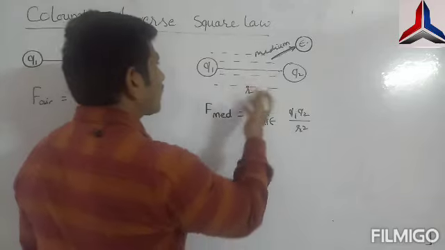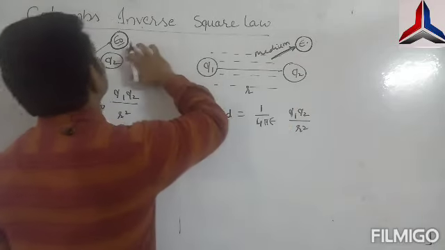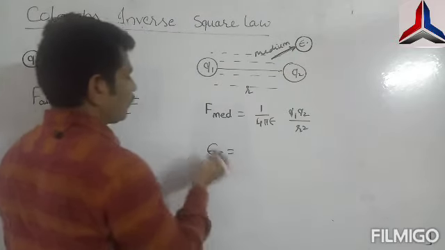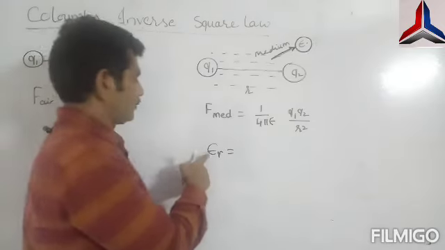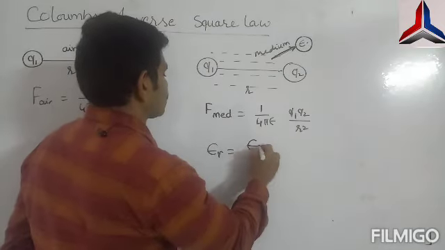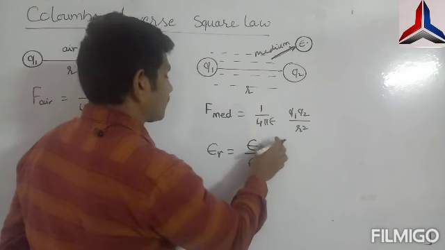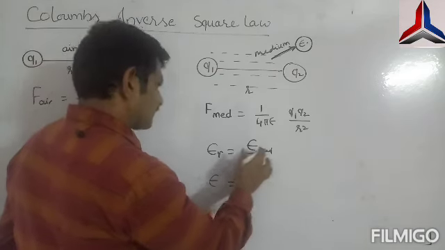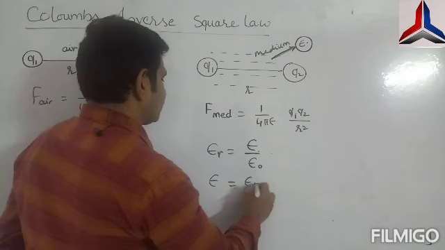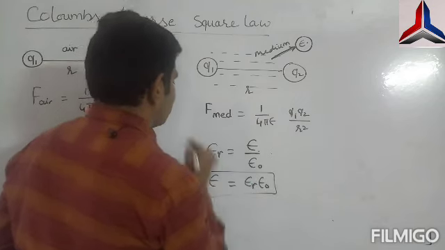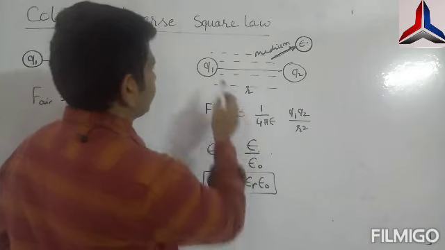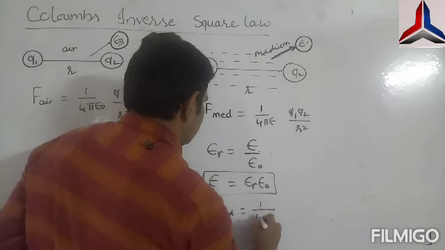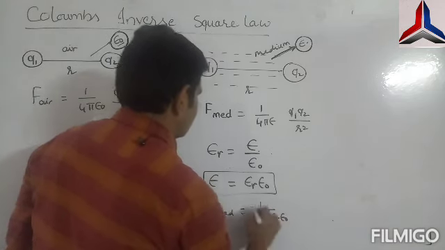For understanding, suppose it may be 2 times this, 3 times this, 4 times this. Like that we take one relative comparison numerical value. So relative permittivity is the ratio of the permittivity of the medium to the permittivity of free space. So epsilon is nothing but the medium's value. Then when two charges are completely filled with the medium, F medium can be taken as 1 by 4 pi relative permittivity.